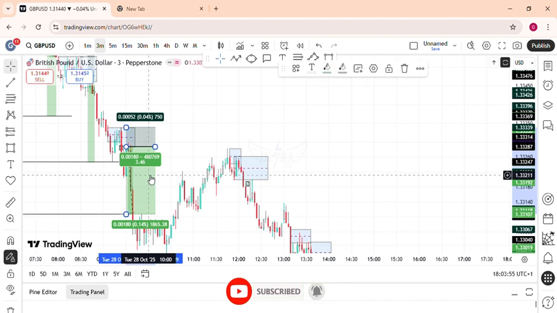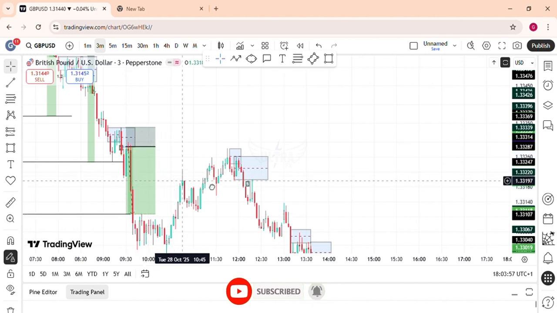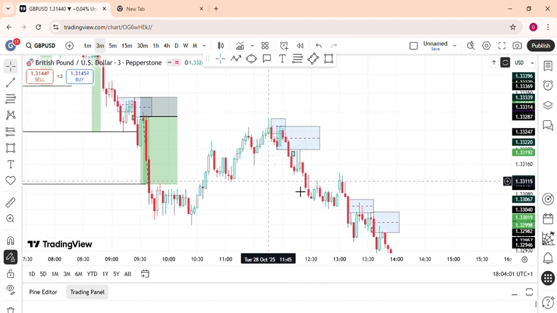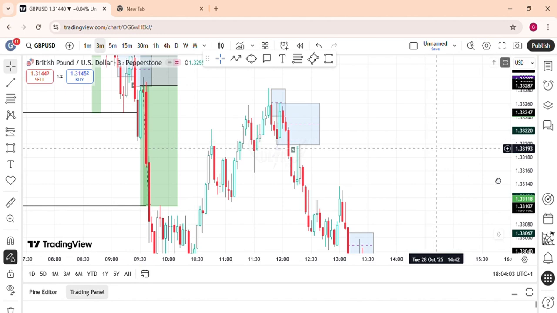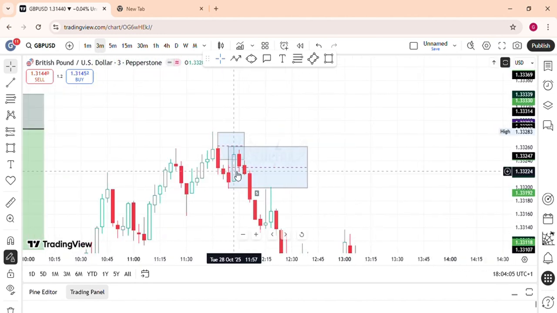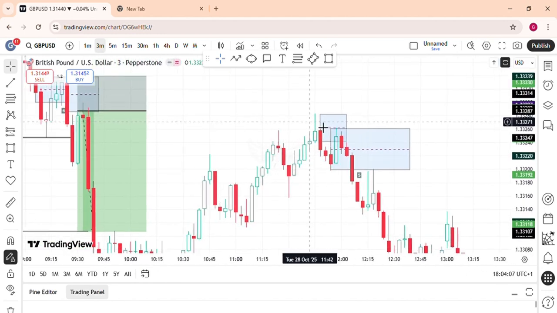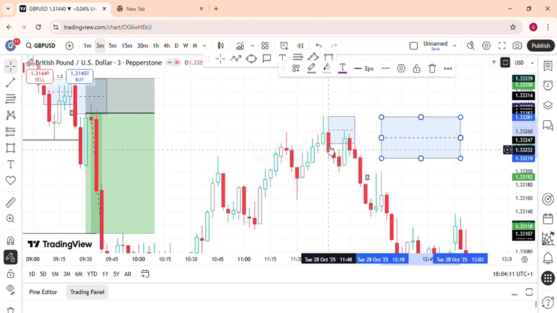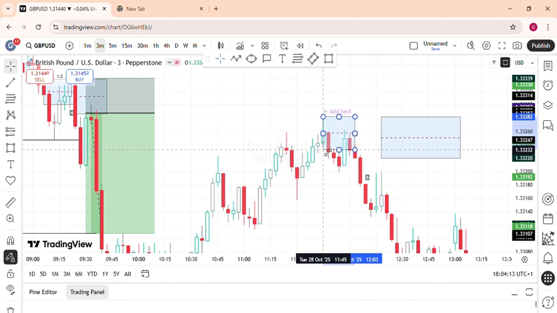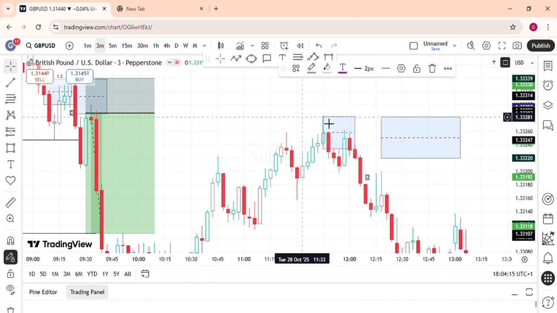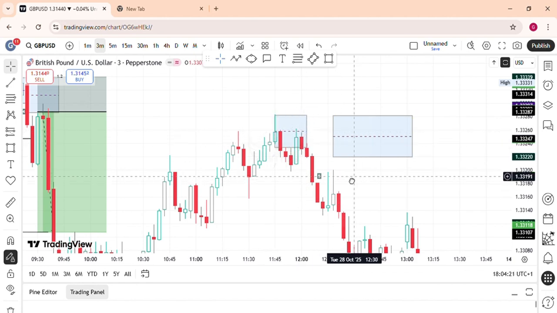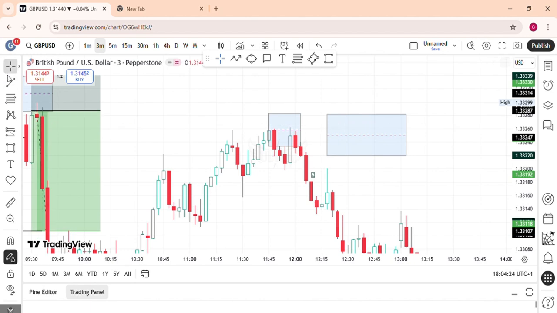Moving on, be our trade number 5, also bearish. You have a fair value gap here. Let's put this to the side. This is a fair value gap here. So we align this whole fair value gap to the top. Market comes down, taps into this fair value gap, bounces off from it, and gives you a break of market structure and also a fair value gap here.